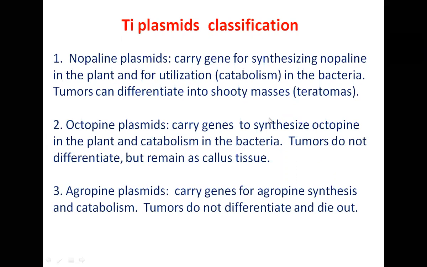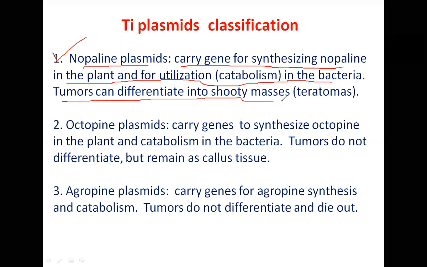Now, based on what type of opine it synthesizes, for the sake of understanding what we can do, we can classify these agrobacteria. So you have nopalin plasmids. What does it mean? It means that the TI plasmid carries the gene for the synthesis of nopalin in the plant cell and its catabolism, its utilization, in the bacteria. Okay. So if it carries a gene for nopalin synthesis and nopalin catabolism, you call it a nopalin plasmid, and the characteristic is tumor formation will take place, but these tumors can